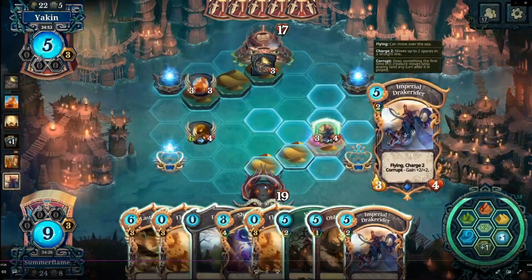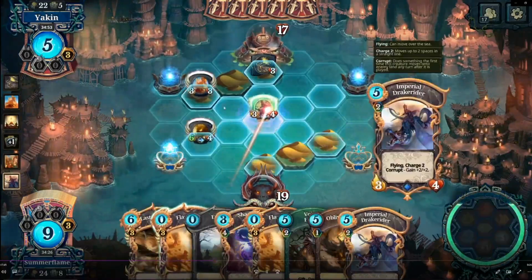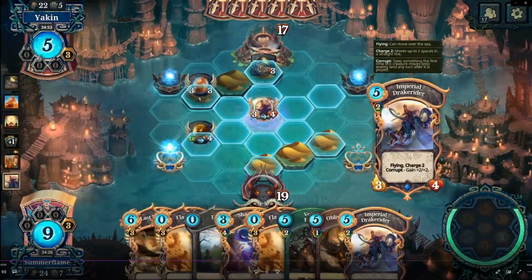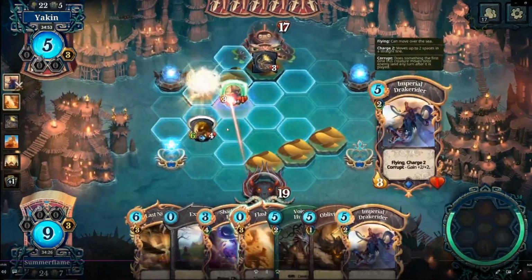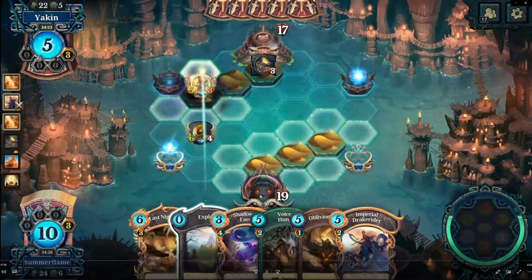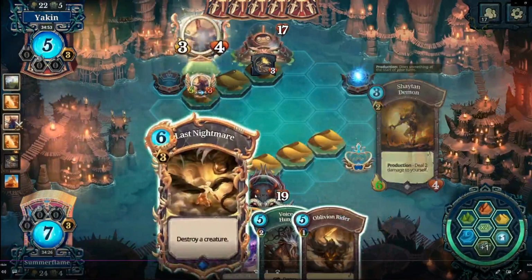I see kind of a window to kind of sneak in a full clear. Since I don't have to actually corrupt before I clear this, I use 2 movements to get my Drake Rider to clear, and then also collect and corrupt here. This Nightmare might have been preemptive, but